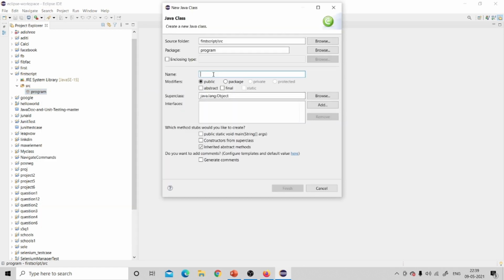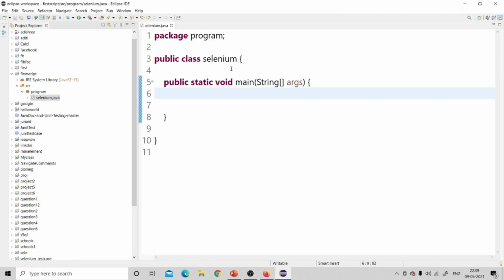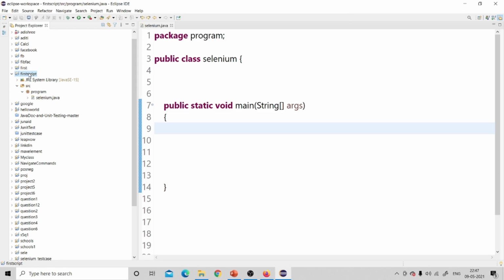Give the class name as Selenium. Click on this public static void main checkbox because we need a main method in our test script. So tick mark that and say Finish. So we have created the Java project called First Script. Inside that project we have created the package called Program, and inside the package we have created the Selenium.java